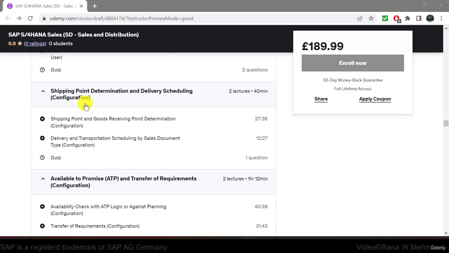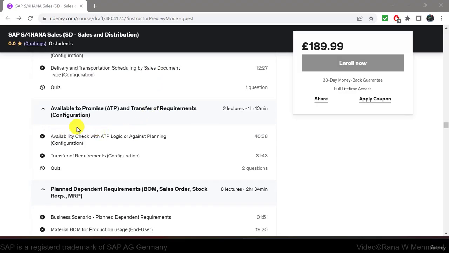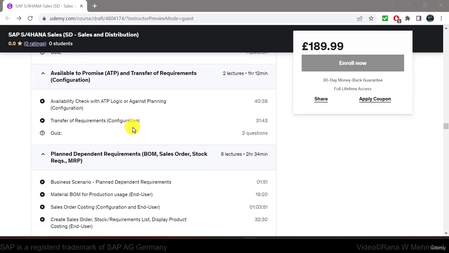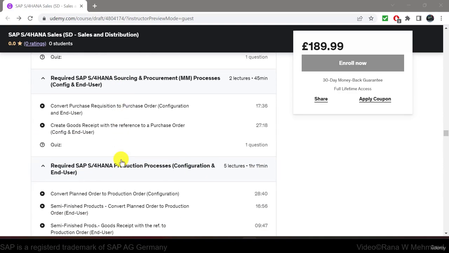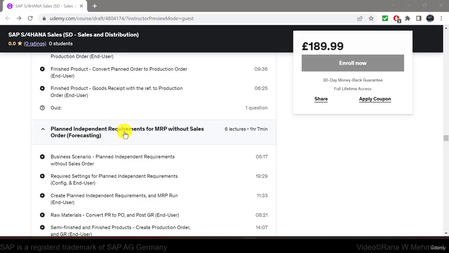Then we will do the required configuration on shipping point determination and delivery scheduling. Then I will demonstrate the configuration of material availability check and then transfer the requirements to the production and purchasing department if the material quantity is not available in the stock as per the customer's sales orders, and we fulfill that requirement through planned dependent requirements, and later on I will show you planned independent requirements for material requirements planning